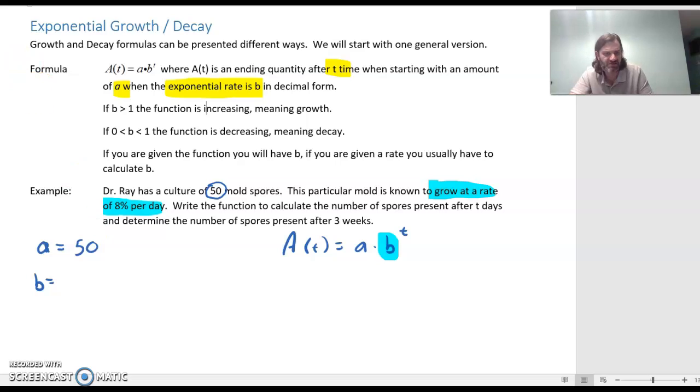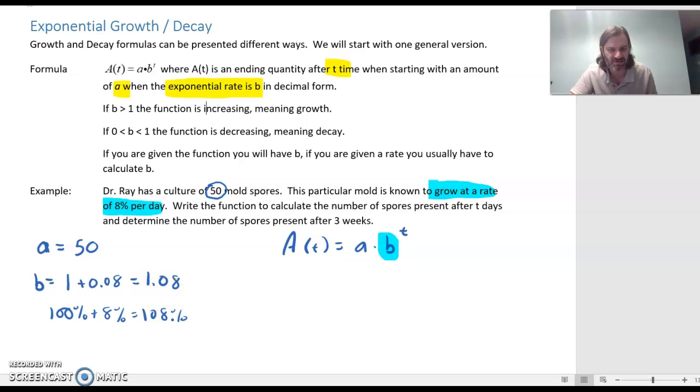So what we're going to do here is, if it's growing at a rate of 8%, we're going to start with 1 because that's the original amount, and we're going to add 0.08. So the b will be 1.08, and that's from 100% plus 8% would be 108%. So that's the exponential growth rate. So we're going to use 1.08